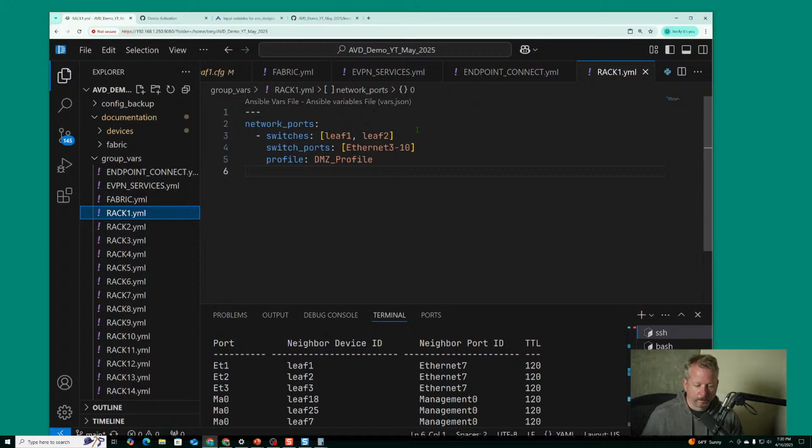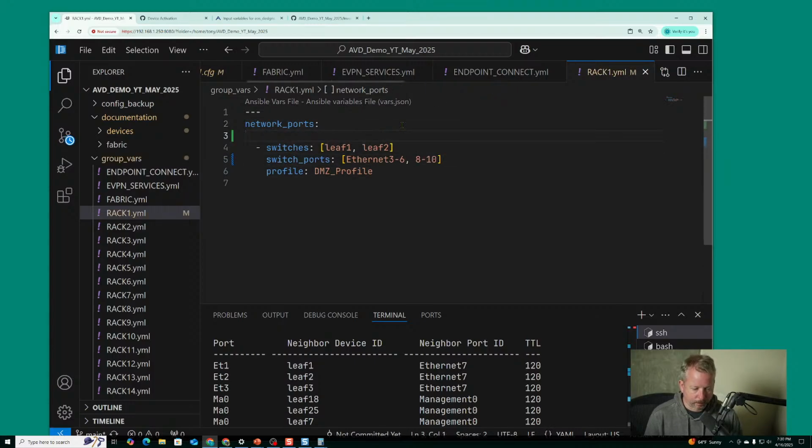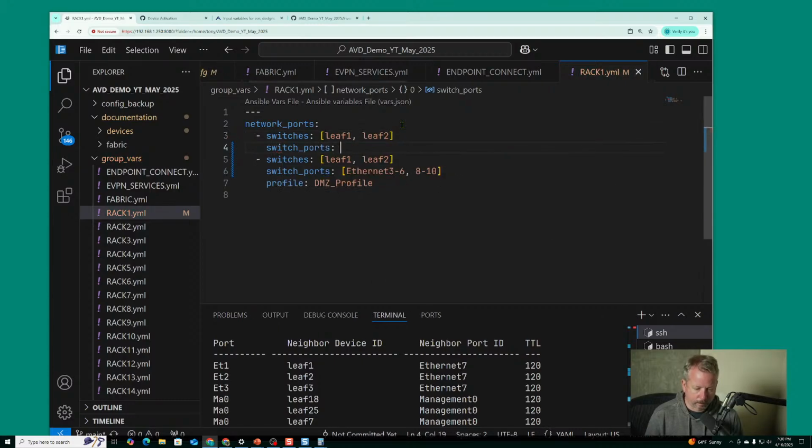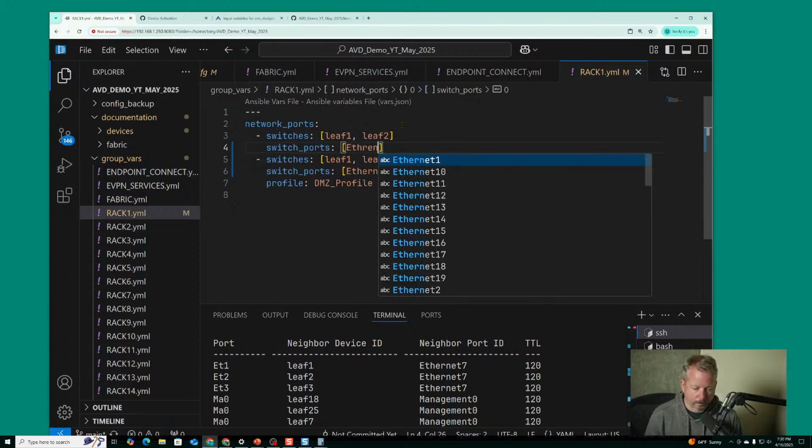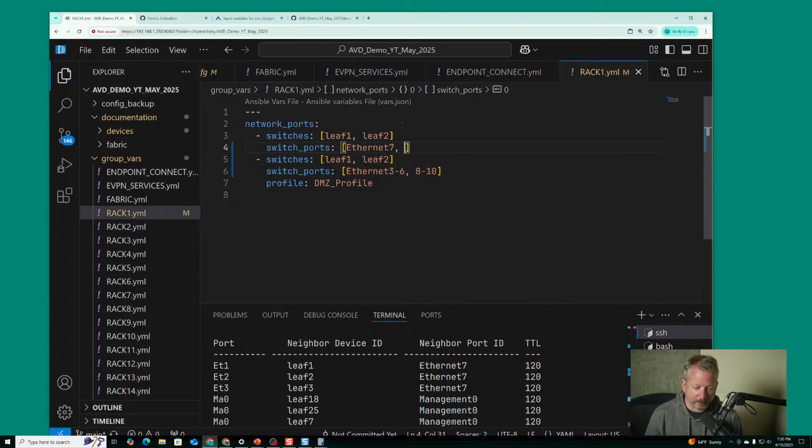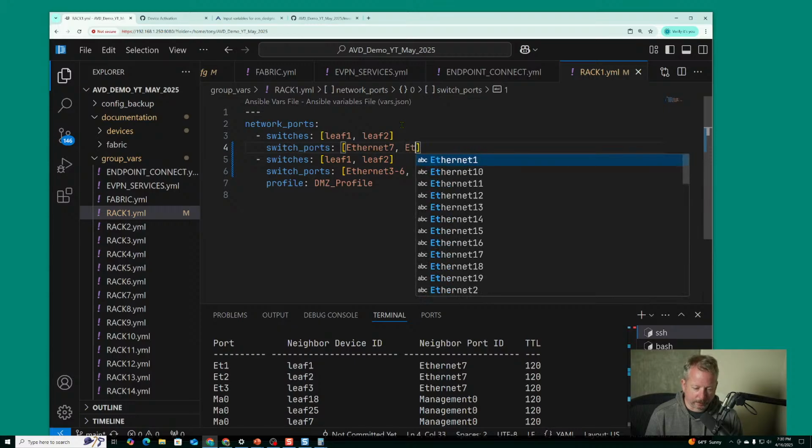Rack 1. 366, 8 through 10. So on Ethernet 7 and Ethernet 7 on leaf 1 and 2,